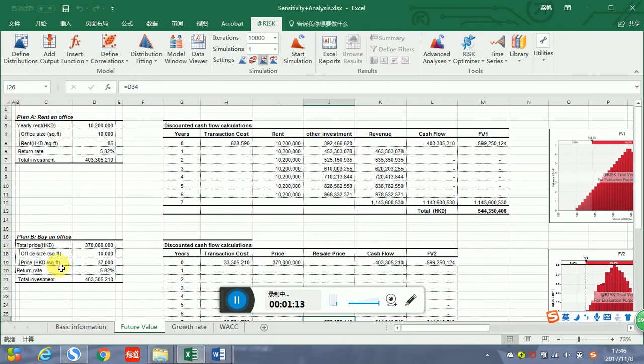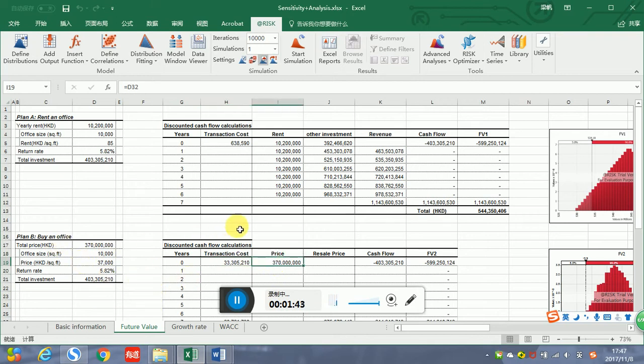There are 2 plans: Plan A for renting an office and Plan B for buying an office. We will choose the plan which can generate more future value. The first thing we need to emphasize is that we assume the total investment in both cases is the same, like here and here, and the number is based on the transaction cost and the office price when buying an